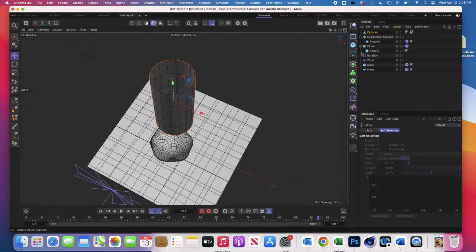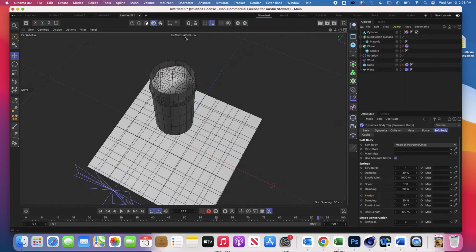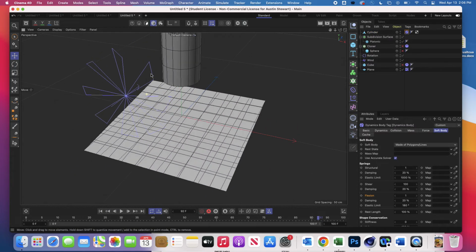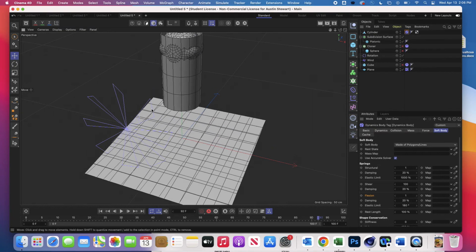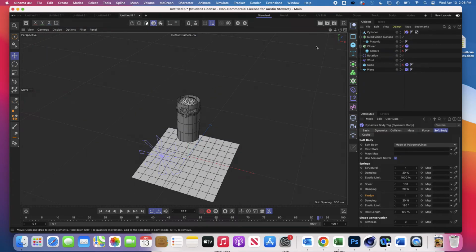And then I'm just going to grab the Softbody tag from the platonic and put it on the cylinder. And if I was to run this in its current state,